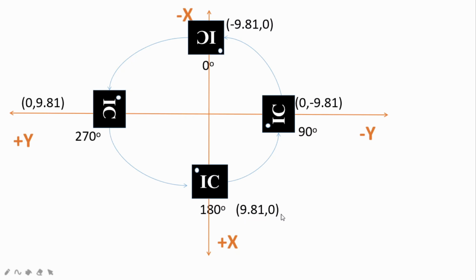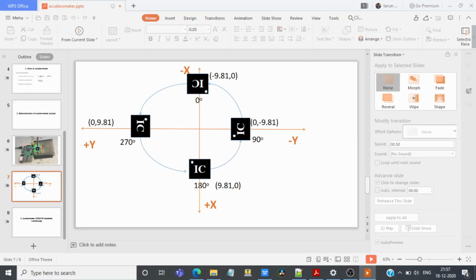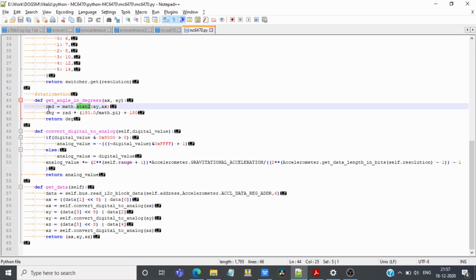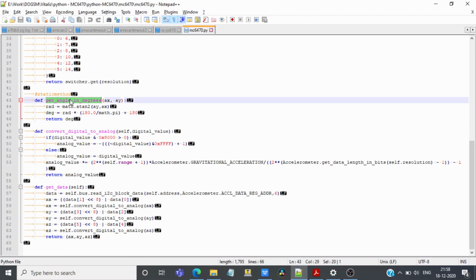Assuming these two acceleration values as Cartesian coordinates, if we pass these values to the atan2 method in Python, that would return the angular position in radians. And this value will be ranging from minus pi to plus pi. After converting this radians into degrees, I have added 180 to it because I want the angle to range from 0 to 360 degrees instead of minus 180 to plus 180. And that final value of angular position in degrees would be returned by the getAngle in degrees method, which was the other method that we called on the instance of the